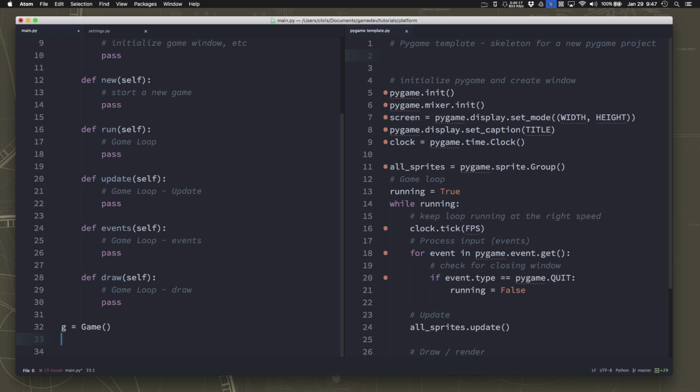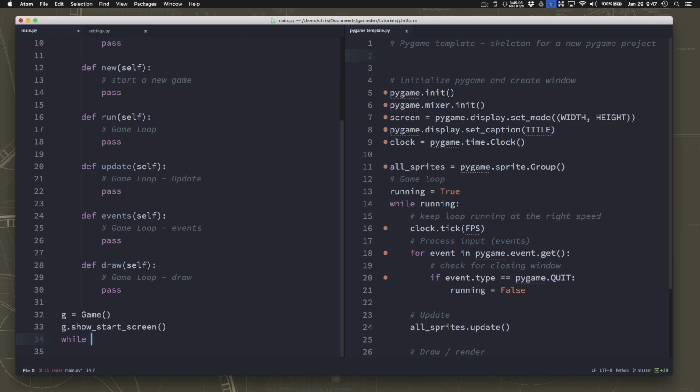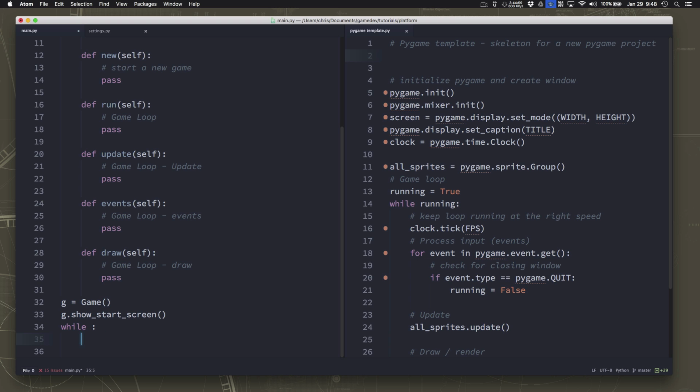We want to have a loop that runs the game. And in fact, what we could do is have a start screen, sort of like a splash screen or whatever you want to call it. And then we're going to have some sort of loop. I'm going to leave that for a second. And then we're going to say start a new game,